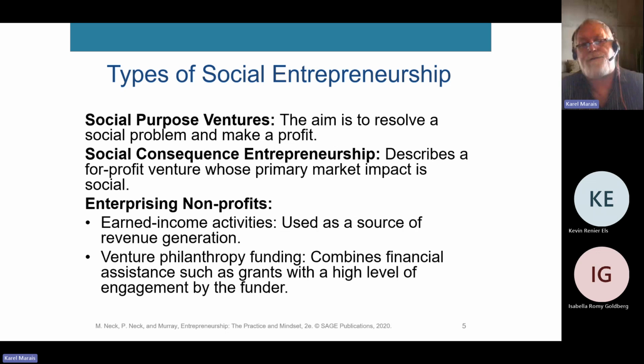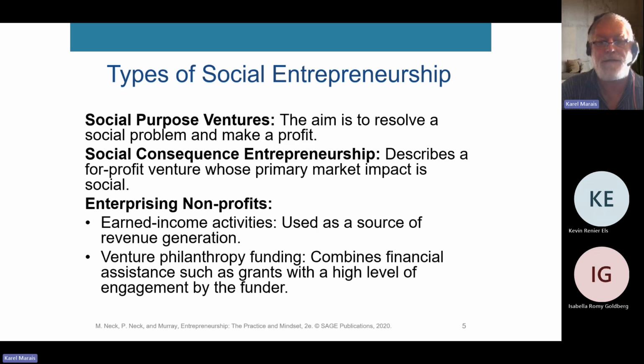They're not going to solve the problem of plastic pollution, and plastic going into our rubbish dumps. But they are making stuff, and as a consequence of making stuff out of this waste plastic, they are now addressing some of the plastic pollution that goes in. So that'll be social consequences entrepreneurs, while social purposes ventures are specifically trying to solve the complete plastic problem all over the world. So they are much bigger thinkers.